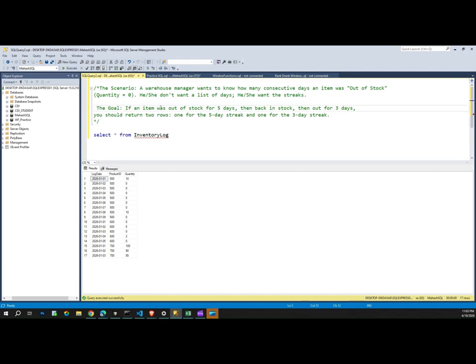So the goal is, if an item was out of stock for, let's say, 5 days, then back in stock, and then out for another 3 days, we should return two rows. One is for the 5 day streak and one is for the 3 day streak. I'll just quickly show you the